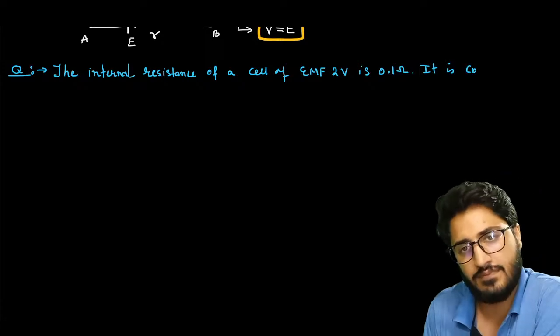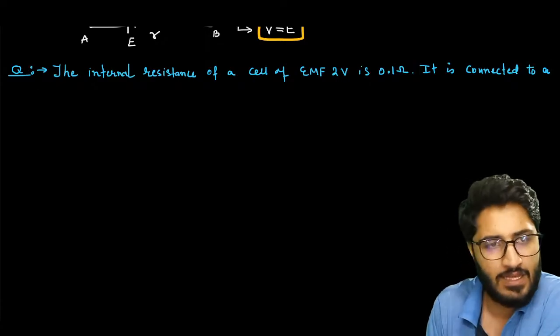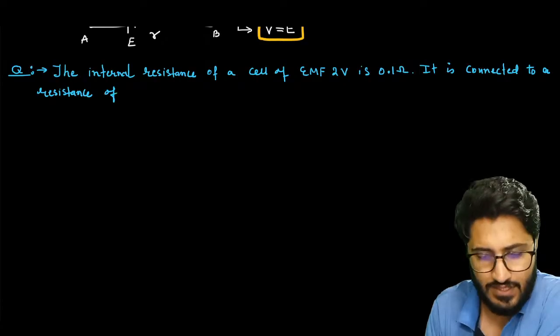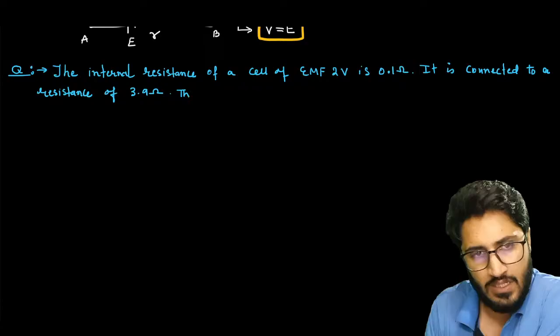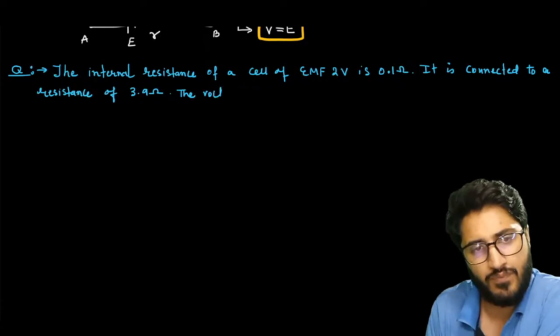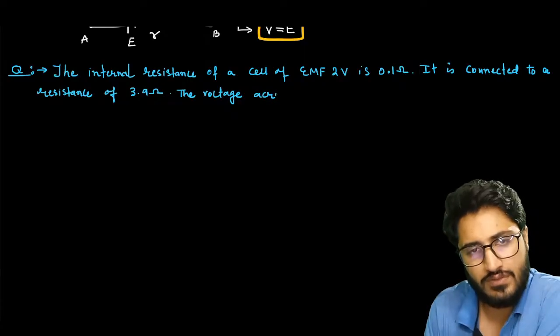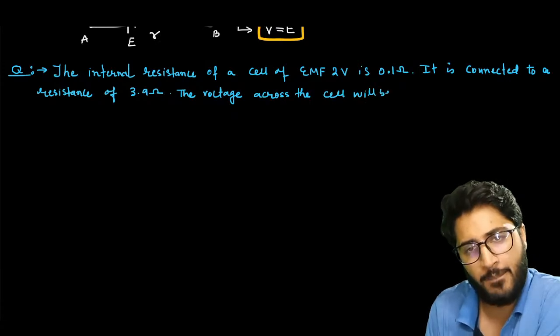It is connected to a resistance of 3.9 ohm. The voltage across the cell will be,